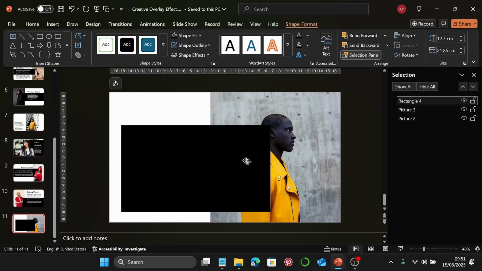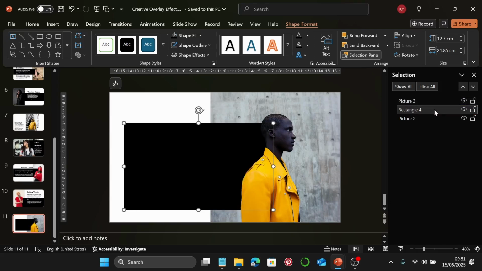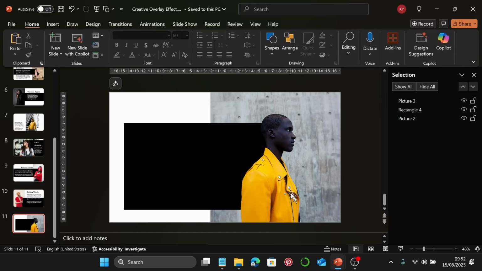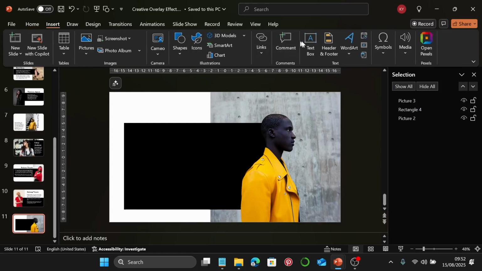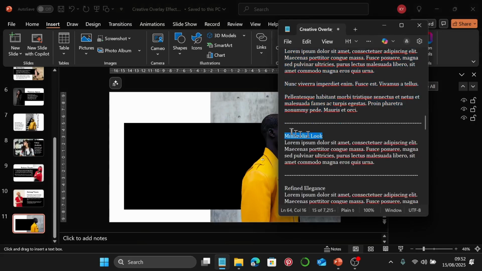And I'm just going to move this to, let's say, around here, and I'm going to move the rectangle in between the two images, and yeah, we have this. Let's now insert our text. So I'm just going to go to insert text box. I'm going to move on to the next one, which is minimalist look,